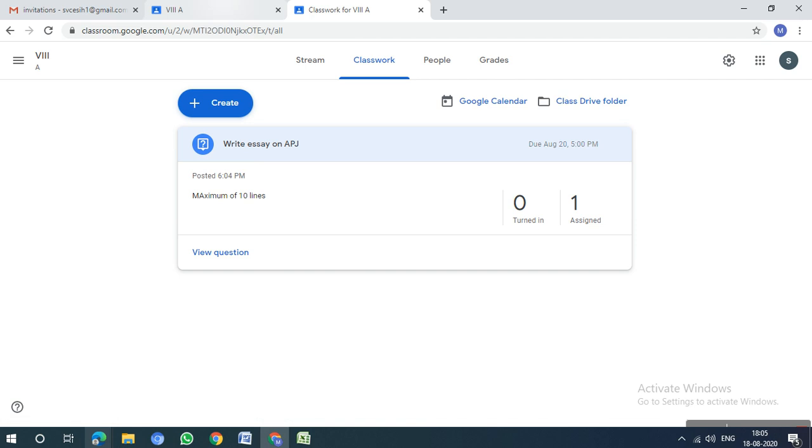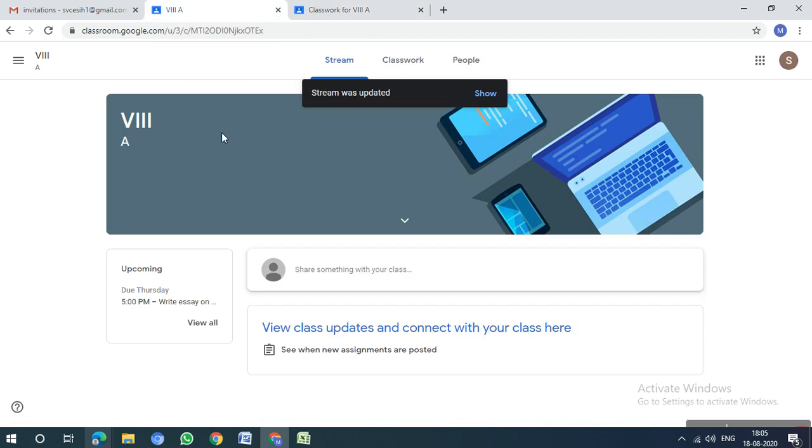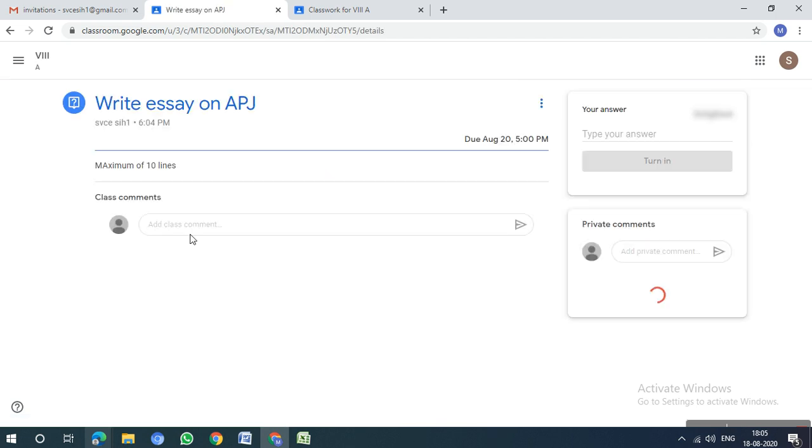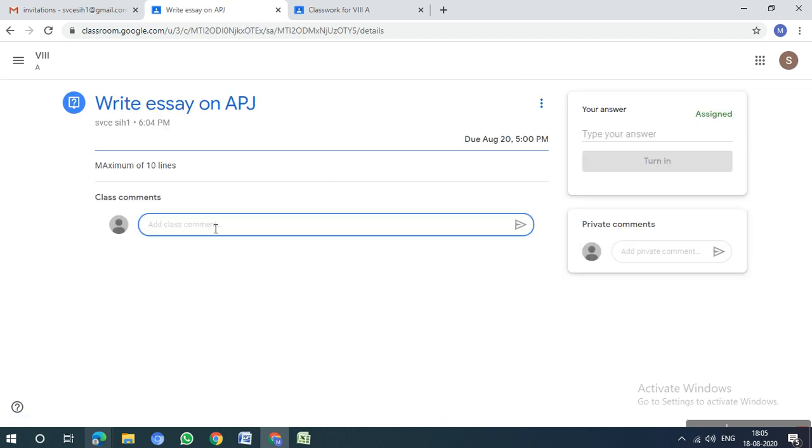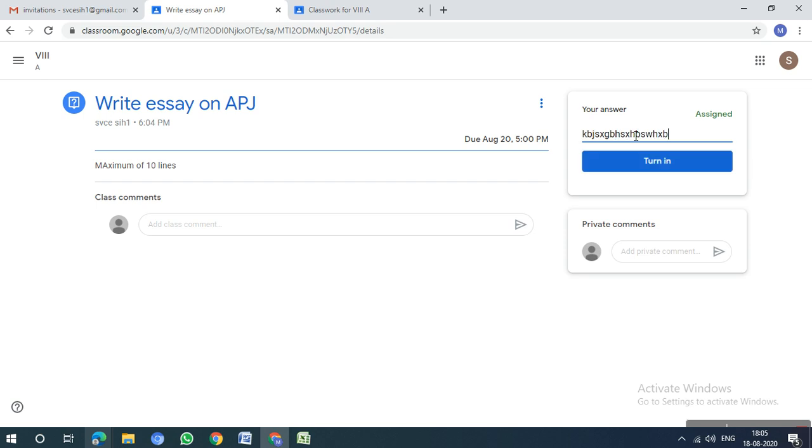For the student, how will it be visible? So this is a student screen now. You can see here, ma'am, there is one upcoming activity for the student, which they need to finish by Thursday. If they click on this, they can add something over here. They can write some answer. I'm just typing some answer. Sorry, this is not the answer, this is a comment. Here they need to type the answer.